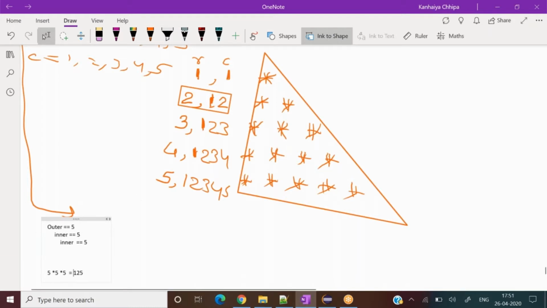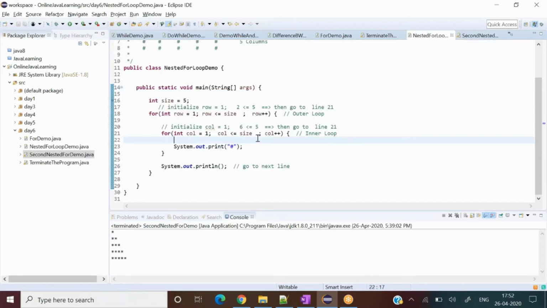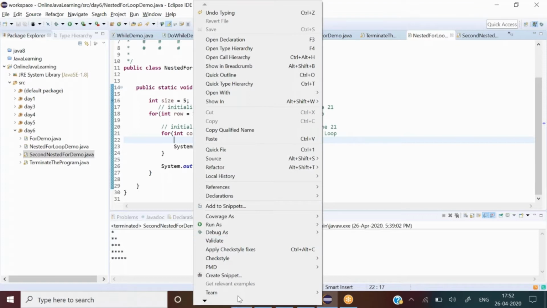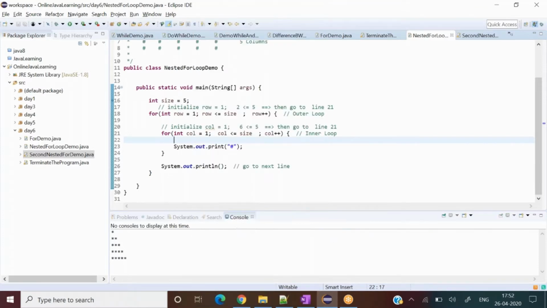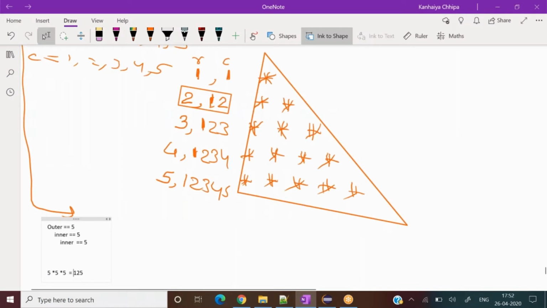Even what you have seen, the first and second inner loops get executed 25 times. If you count the total number of hashes, we have terminated over here. But if I would not have terminated it, count the total number of hashes if I execute this program. If you count these hashes, 1, 2, 3 up to 12, then 15, 20, 25, so 25 times it gets executed. You just need to multiply, no matter how much depth you go. Those many outputs will come. So how you want to play around is up to you.